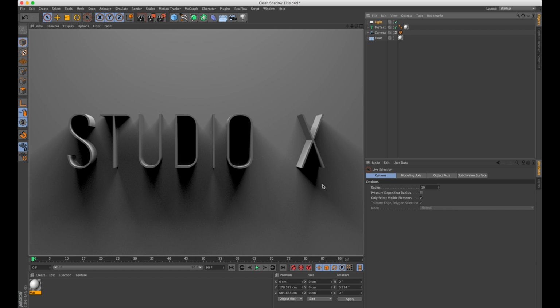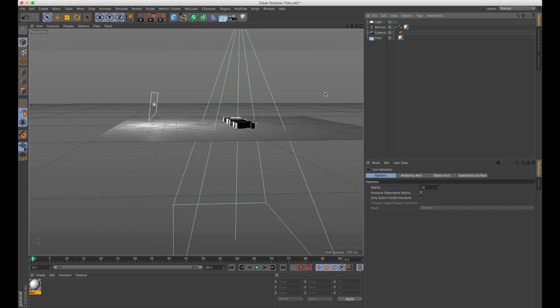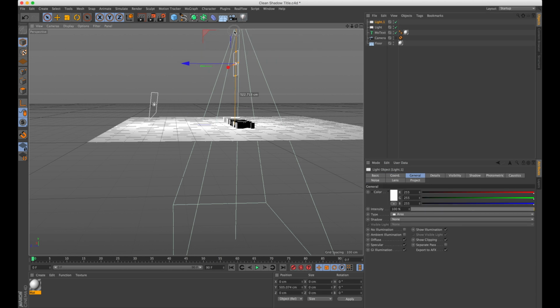So you can see we are actually starting to get somewhere with the hard shadows, but the issue that we're running into now is that everything is getting really, really dark. So we're getting this extreme contrast, which could look nice, but I think it's kind of throwing off the dynamic of this scene. So what we're going to do is we're actually going to make another area light, bring it up,